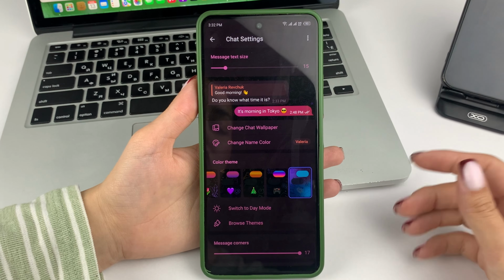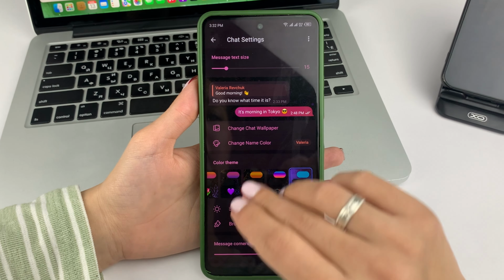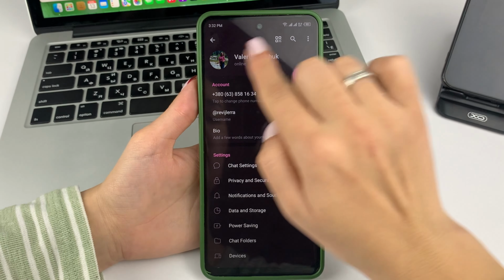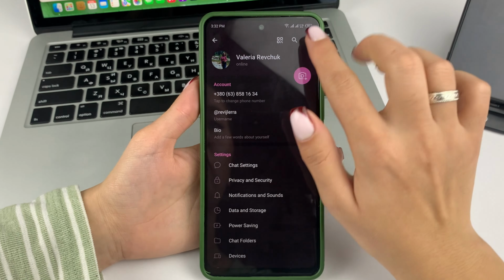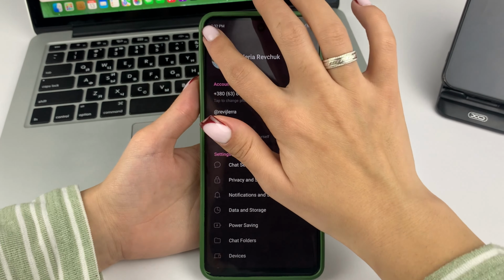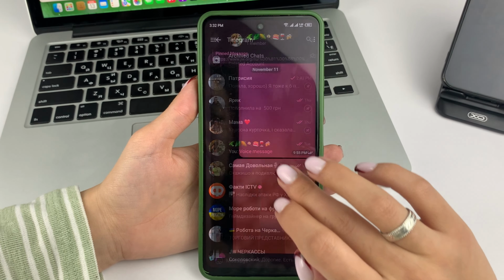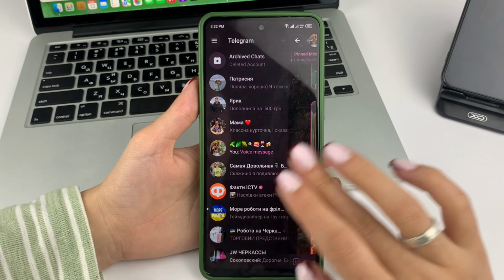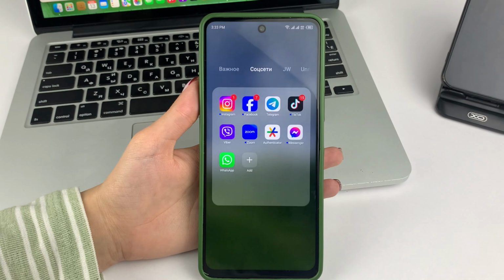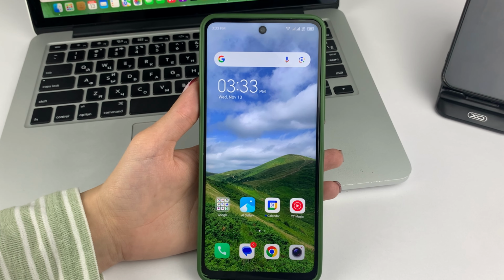After that, friends, you don't have to click anything to save those changes, because they're saved automatically, as you can see. Completely all of my Telegram is now in this pink color. And if you go, for example, to some correspondence, you can see that the background has been changed. This is such a simple and quick method, friends. You can customize the chat theme in the Telegram app on your Android device.